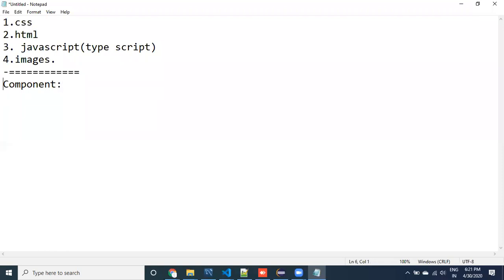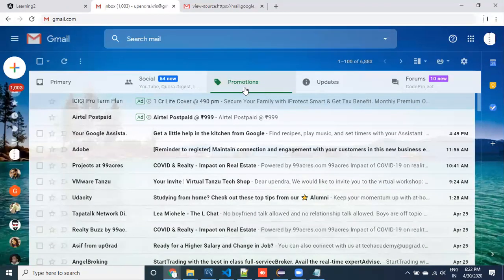Why did I come to this component? Because writing all the code in the same file is not at all a good way of writing a program. It is highly difficult to manage. If I want to change or modify anything in the same file, you have to search from top to bottom. Doing so many operations in the same file is highly difficult. That's why we have to divide our web applications into multiple parts.